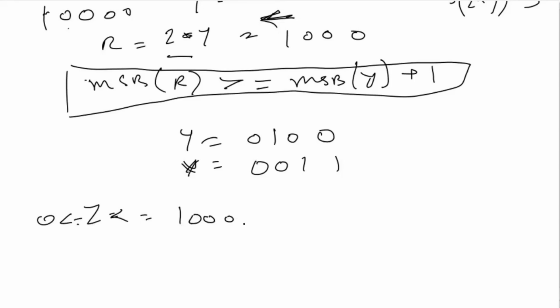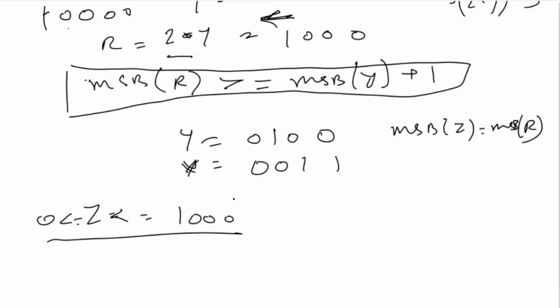So okay, so our Z is between this range and now we'll construct our Z. So now let's say MSB of Z is equal to MSB of R, most significant bit. Okay, so MSB of R is, as you can see, 3, which means Z equals 1 here. So now if you take AND of Y with 1, then we'll get 0, and if you take AND of this bit, that is the third bit of X with the third bit of Z, then we'll get 0.